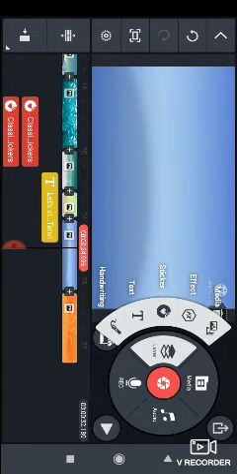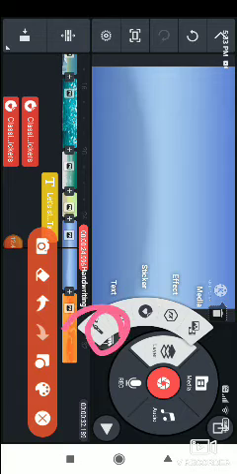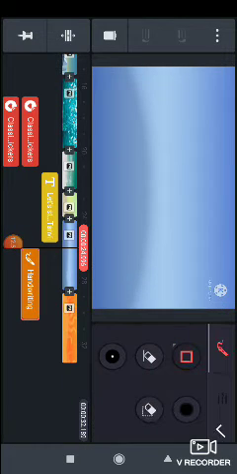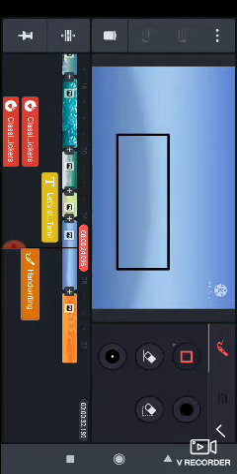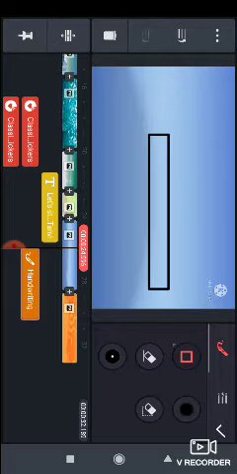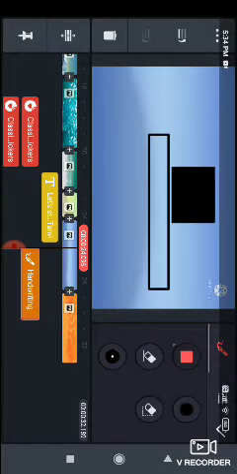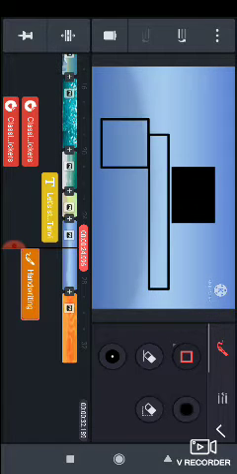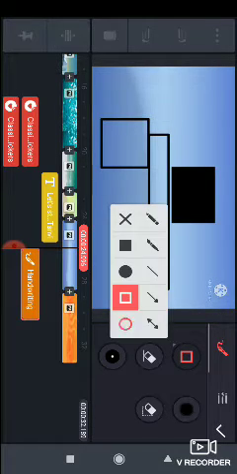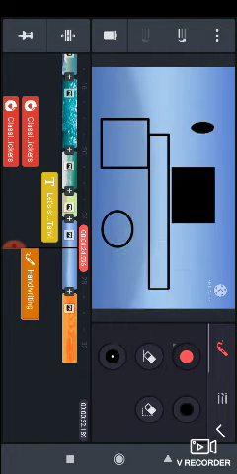Now after the text there is handwriting. So we'll go to handwriting if we want to make handwriting. We'll go over here, we'll click on this option, and choose what shape of handwriting we want. Like I want to make this much handwriting. So we can take over here which type of handwriting we want, and there are fill circle, the normal circle, like this.